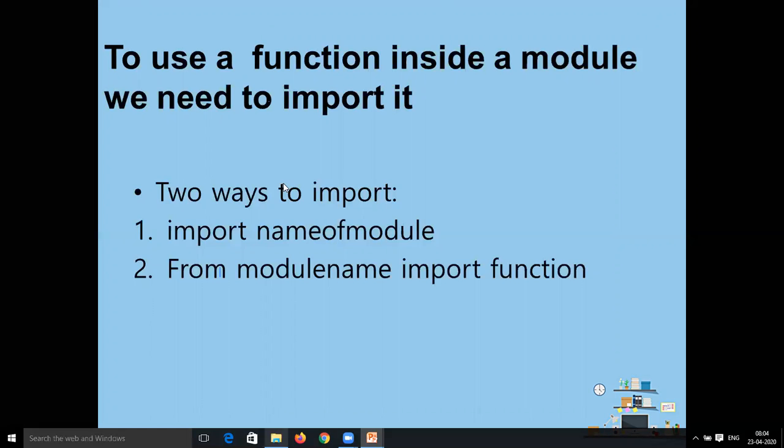This can be done in two ways. The first is import name of module, where import is the keyword and name of module is any module you want to import. The next way is from module name import function, where from is written in small letters. So let us see these ways one by one.